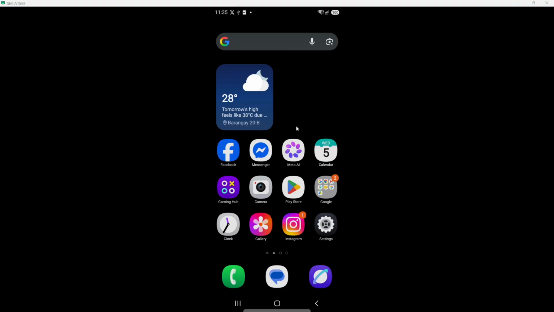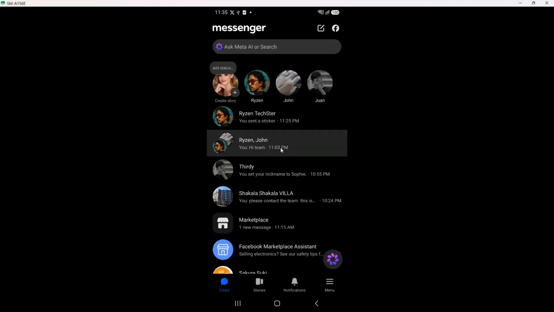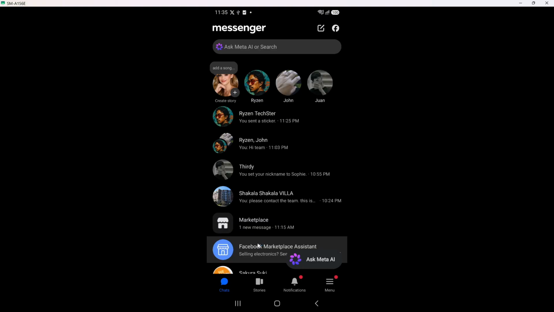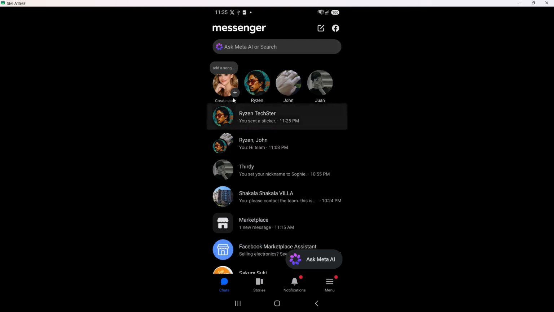First, open Messenger. On Android, you will usually find the Messenger icon in your app drawer or on your home screen, with a blue chat bubble logo. When you tap it, the app opens to your main chats list, showing your recent conversations and the search bar at the top. If Messenger asks for any quick prompts, such as notifications, you can leave those as they are for now and stay on the main screen.